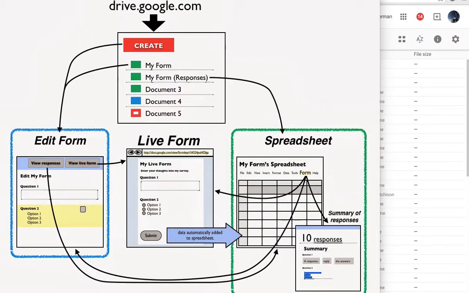One of the most useful ways to collect data from students is to create a form. When you go into Google Drive, you can create a form, and as soon as you start that process, you go into the edit mode where you can add questions and photographs and so forth. Once you share that, it becomes a live form, and that live form can then put data directly into a